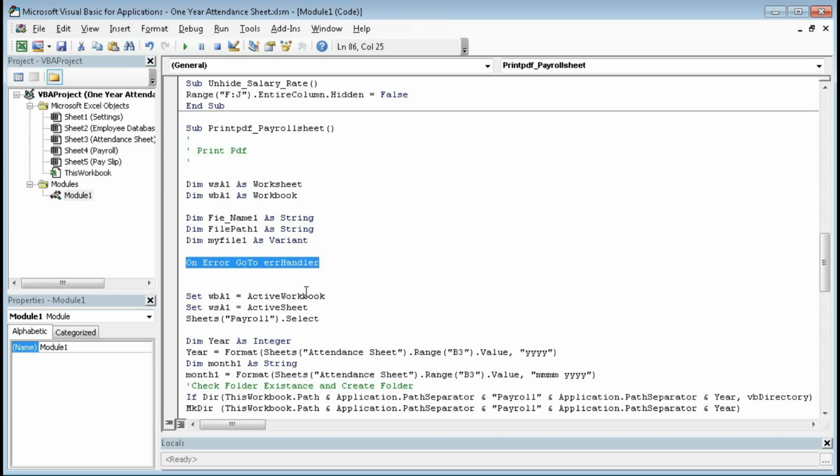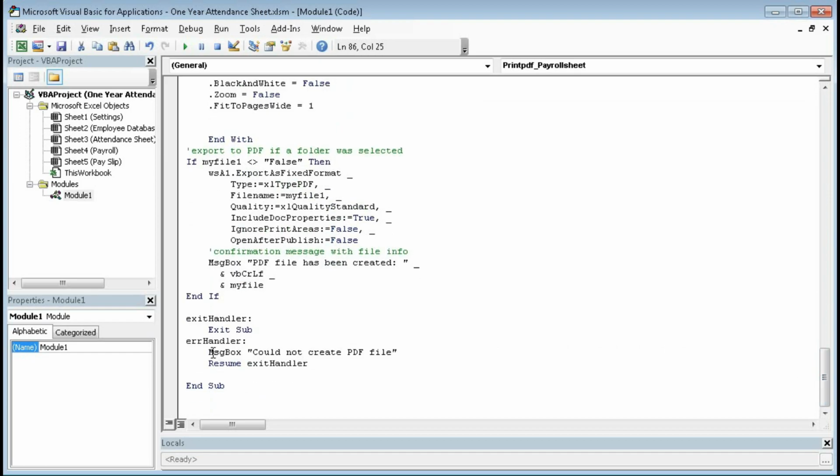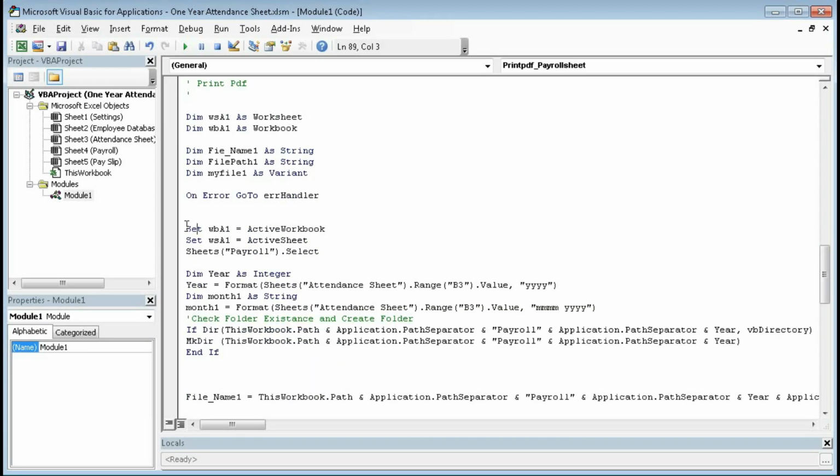So we have declared these variables, and now here we have given an error handler. If anything goes wrong, this error handler will take it to the last error handling code, that is message box could not create PDF file, and then resume exit handler. That means this will exit the macro. So here you can see set WBA1 equal to active workbook.